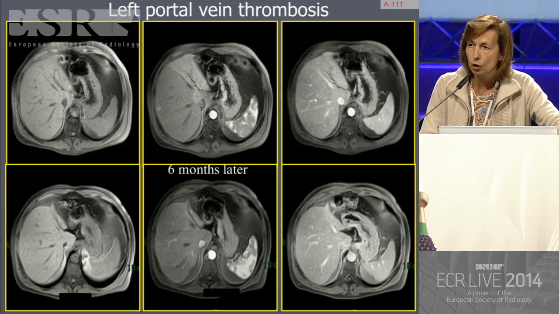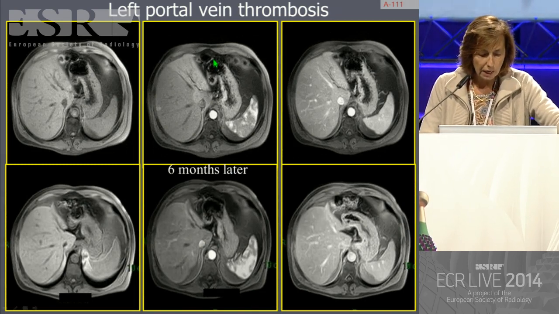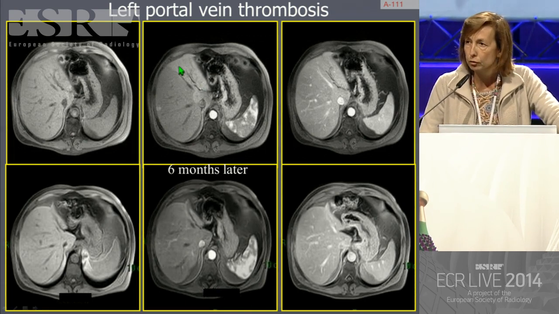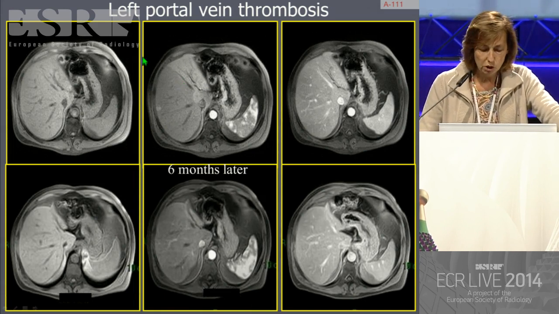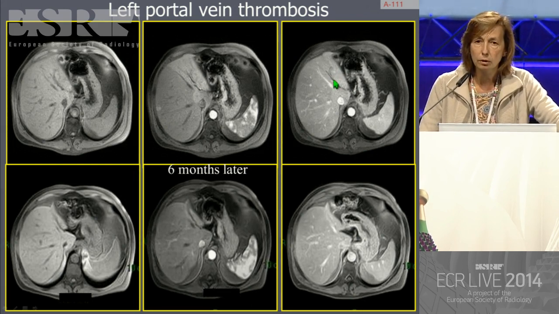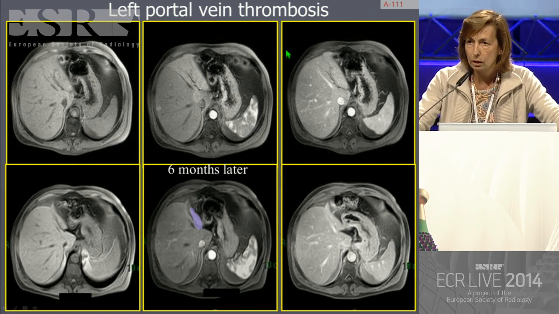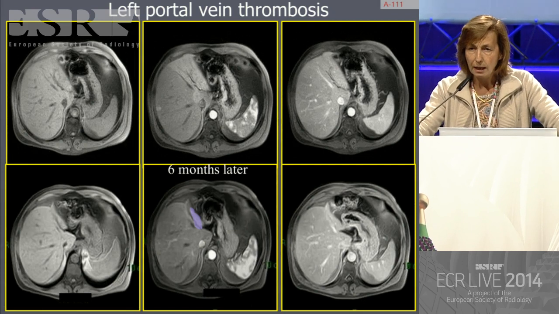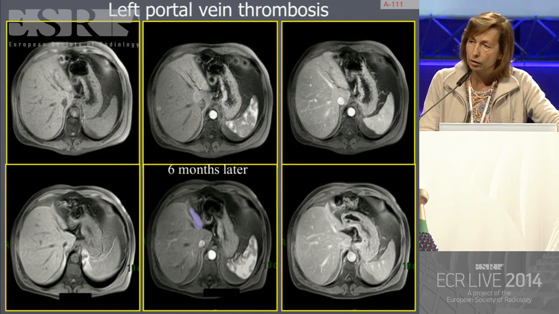This is a patient who had a portal venous thrombosis, but only on the left portal branch. And this is the MR after the diagnosis. You can see here the increased arterial enhancement, which is the usual imaging finding, and the lack of enhancement on the portal venous phase here. But look at the MR 6 months after. The left liver has shrunk completely. So this is the second cause explaining liver atrophy and, consequently, contralateral hypertrophy if the injured liver